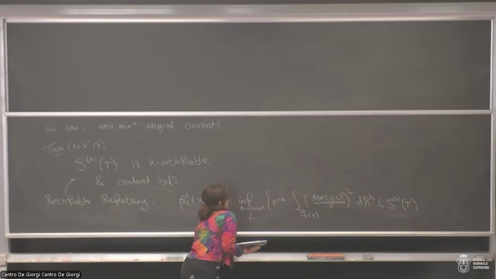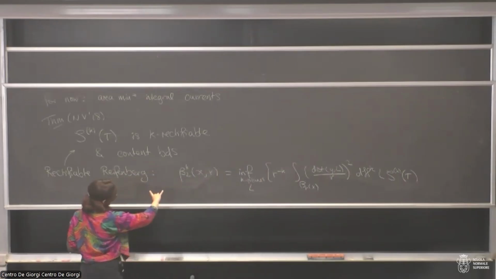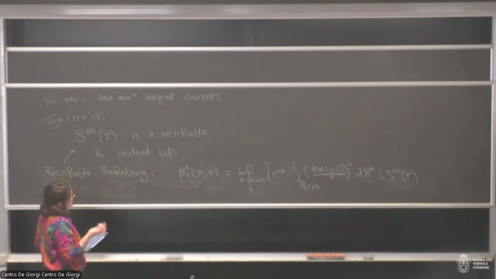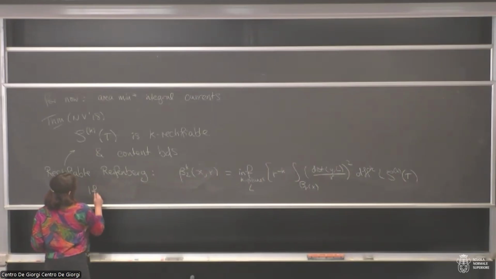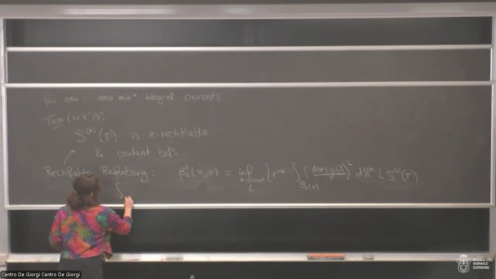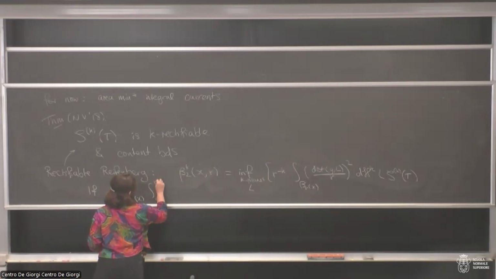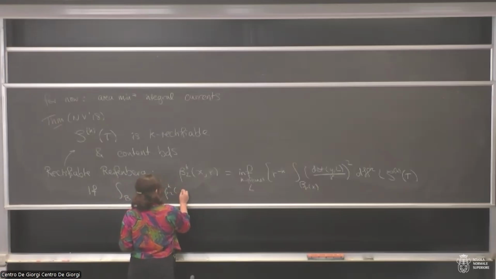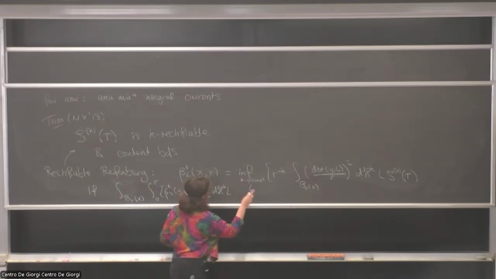What this rectifiable Reifenberg machinery tells you is that if you have quantitative smallness of this, in the sense of small Carleson norm, so that if you look at the ball of radius R and integrate from 0 to R this beta 2 coefficient squared, ds over s,